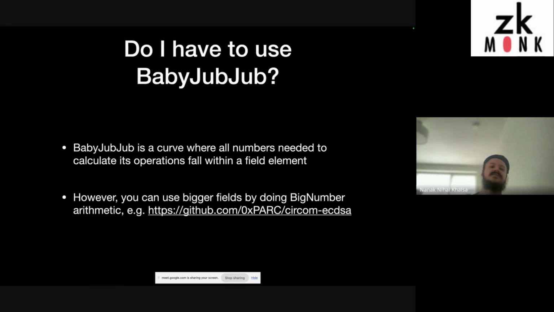But why baby jub? You don't need to use the baby jub curve. Sometimes if we're on Ethereum and signatures are over a different curve, like SecP256K1, then we have no choice but to use that curve. But baby jub is super, super efficient. The reason why is, in order to do the elliptic curve operations, we're not going to get into how they work, but